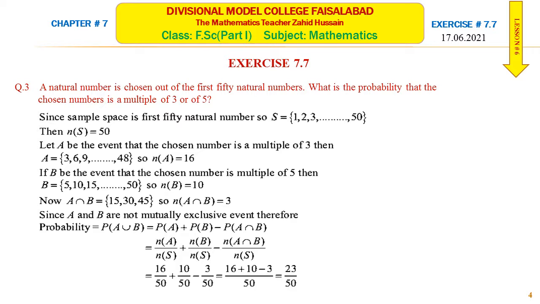So whenever there is the word "or" between two probabilities, you will add the probabilities by looking at whether the two events are mutually exclusive: there is something common, as in this case, or there is nothing common, as in the previous case.